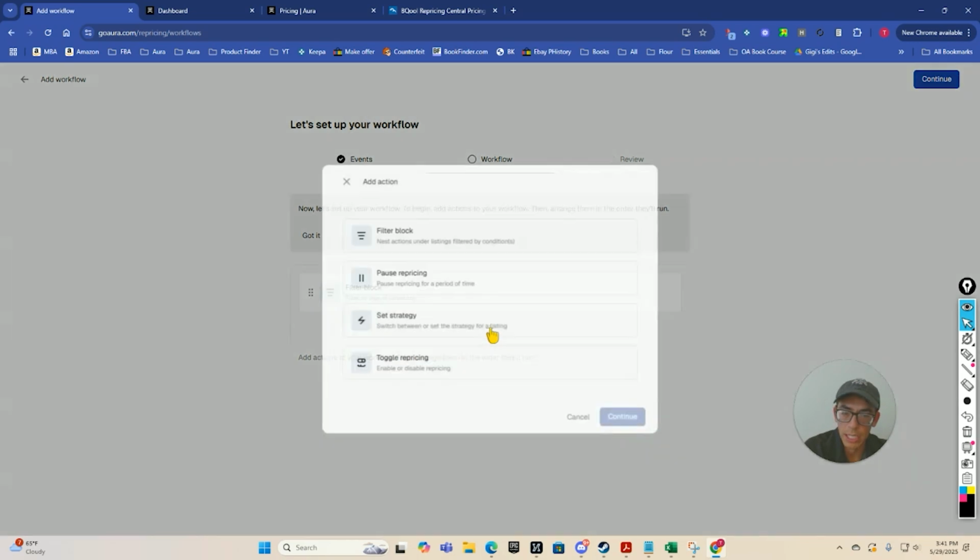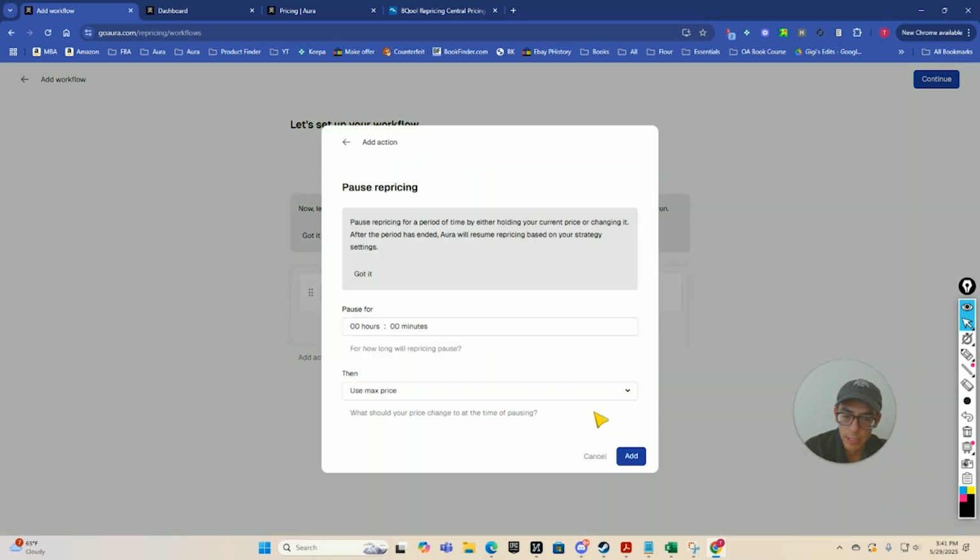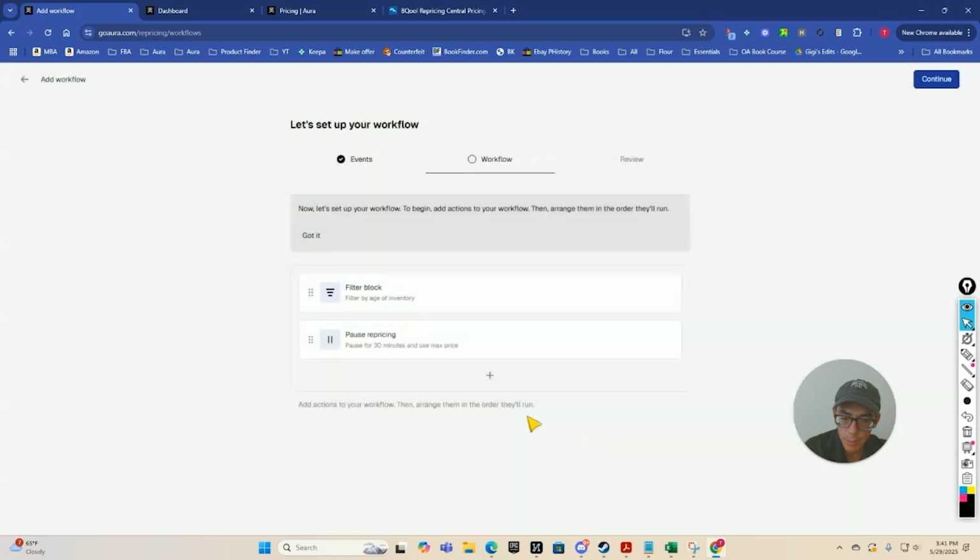I have the filter block. For any of those, I want to pause repricing. I want to pause repricing for 30 minutes, and then I want to use the max price. And again, I'm going to go ahead and nest that underneath it. So again, this means that